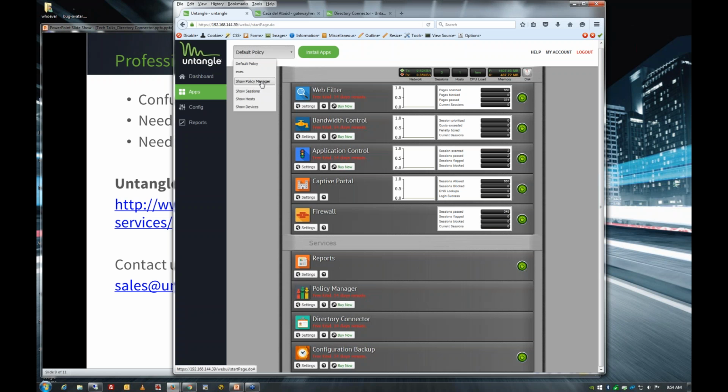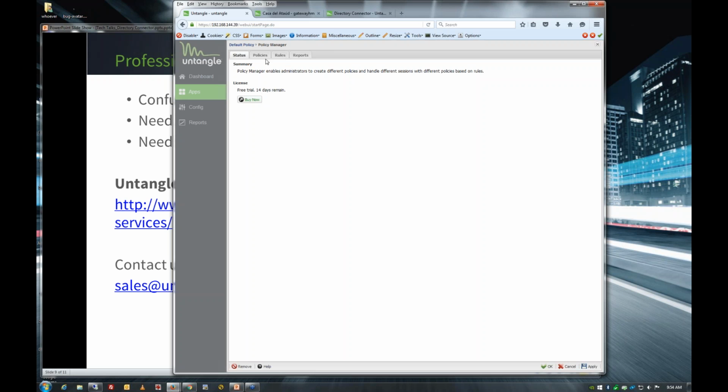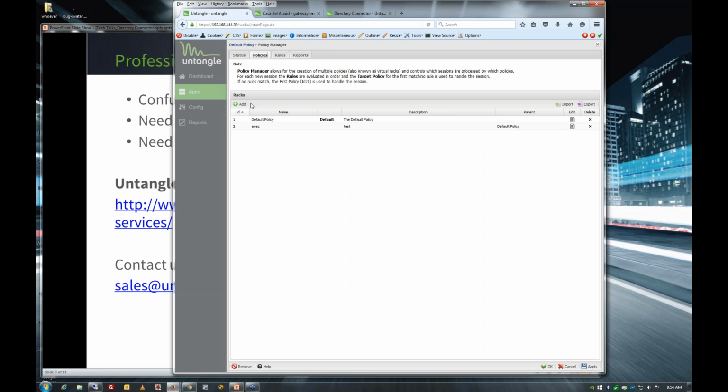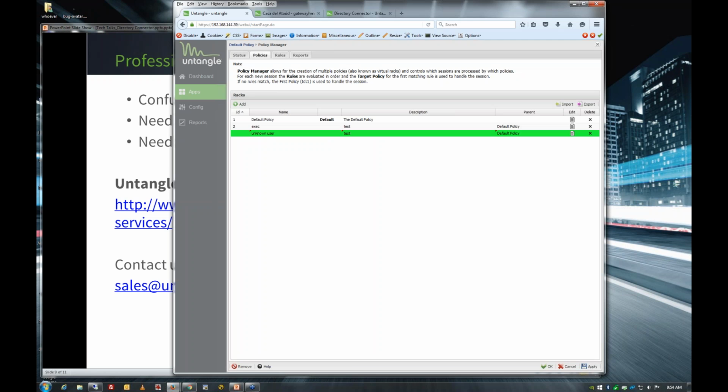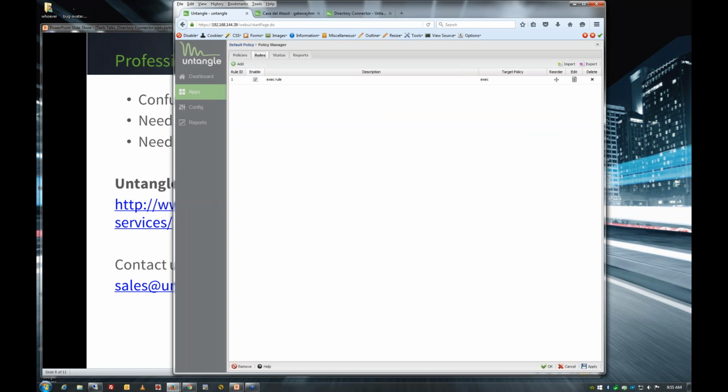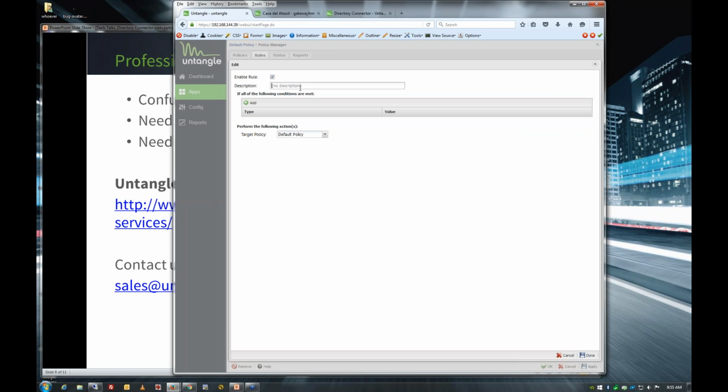So what we'll do is create a policy, and let's say we want to create a new rack, and we'll call it unknown user, and we'll just make the parent default, for example. And then I can create a new rule that says unknown user. And what we can do is say, if the username is